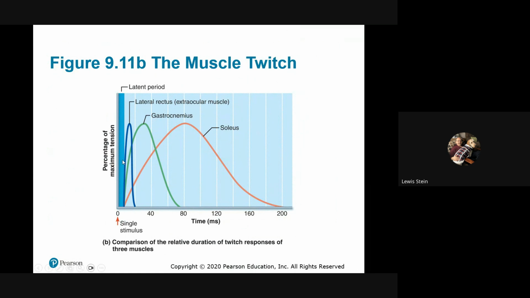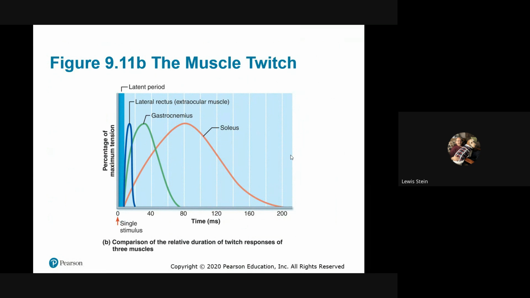Fast, boom, but powerful because they're large. This is much slower because it's designed to fire almost continuously with subtle amounts of relaxation. Postural muscles are like that. That's the distinction. It's very, very elegantly chosen, these kinds of muscles. That's why you get a lot from this. They're there. So it explains why we talked about myasthenia gravis.